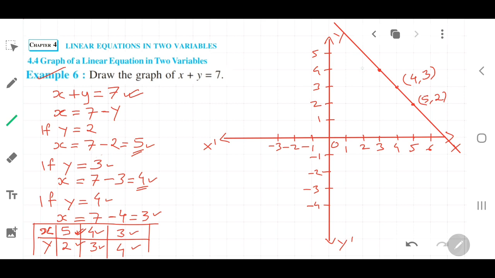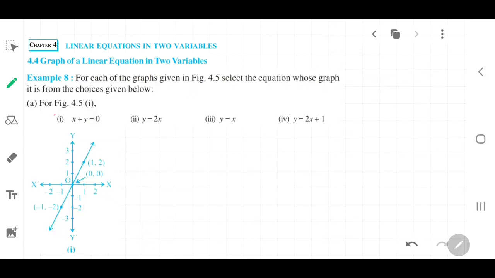Then down part you write the equation. What is the equation given here? X plus y is equal to 7. Correct? And you can also name it. Each of the points you can name. You give it point A. Here you can write point B, and here you can write point C. And this is how we can draw the graph.